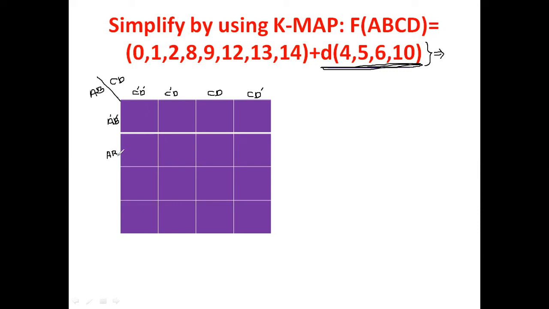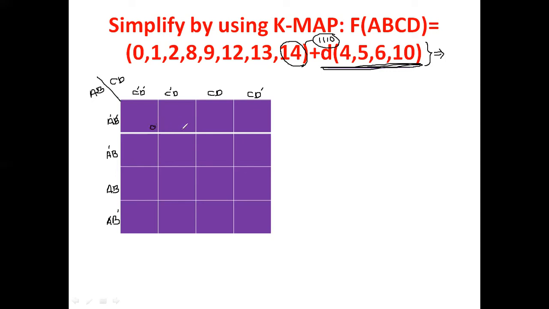Then, check how many variables there are. Similar to the previous problem, please read the problem carefully. If the problem does not give the number of variables, how do we find it? By using the maximum number in the problem. Here also the maximum number given in this problem is 14. Its equivalent binary is again 1 1 1 0. It contains 4 bits, so each bit is one variable. So it's a 4 variable Karnaugh map.